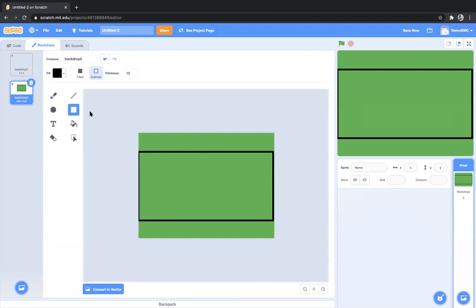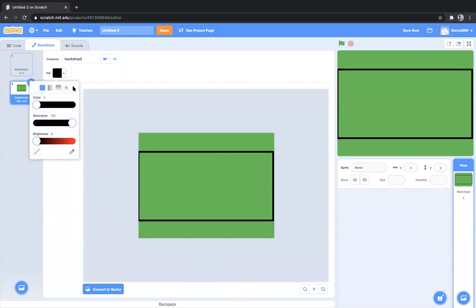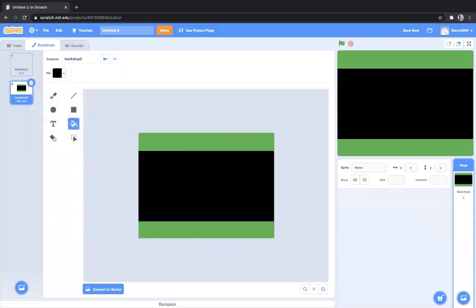Now let's color the square. I'll use the paint bucket again, choose this black color and fill it. Now to make it look more like a road, I'll take this line symbol here. I'll click on line, then increase the size of my line, and for color, I'll take white. I'll bring brightness to 100 and saturation to 0. So I have a white color here, and I'll make a line in the middle inside this square.